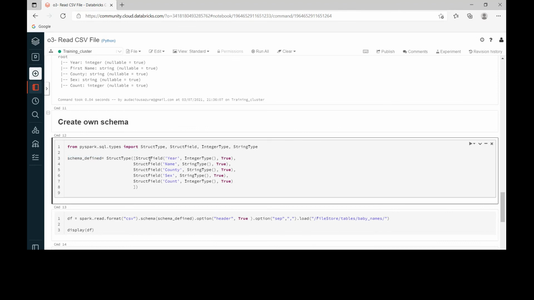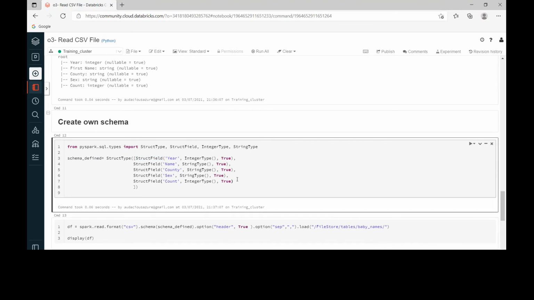Here we need to provide all the columns and the respective data types: year, IntegerType; name, StringType; county, StringType; sex, StringType; count, IntegerType. Now let me execute this one.